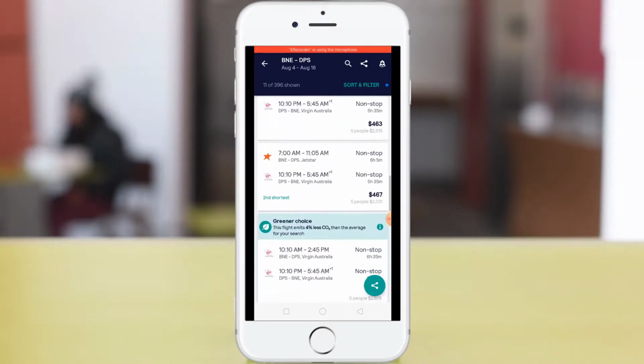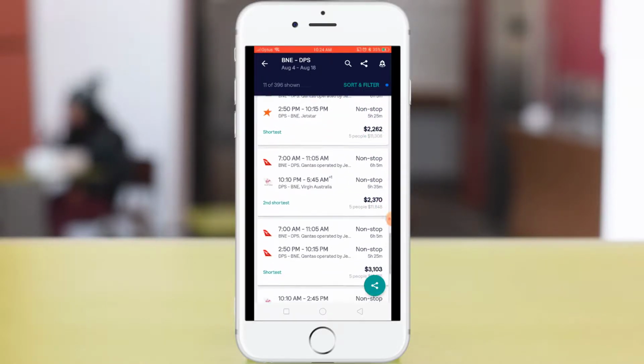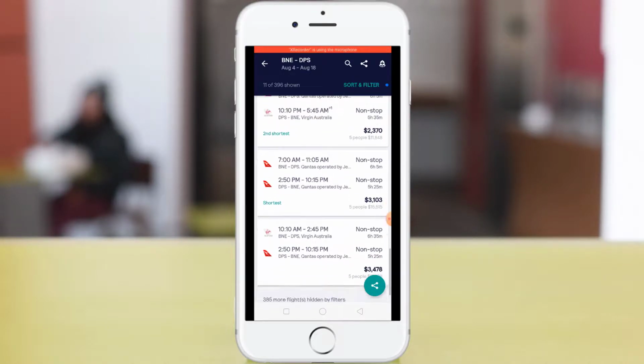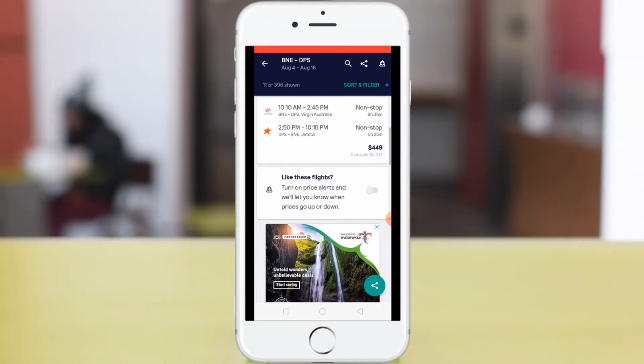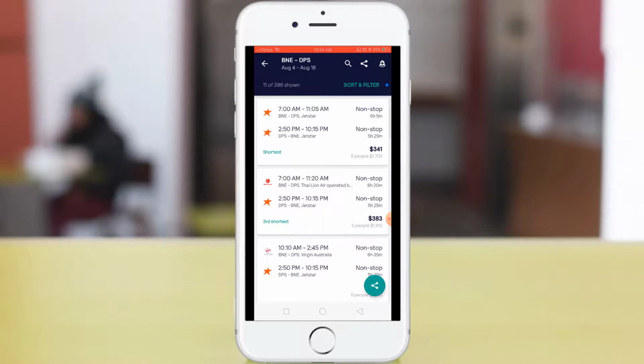Okay, so you just scroll through the different options, and it'll show you all your different options that you've got to choose from. Okay, so up the top is the cheapest. Now the amount highlighted in bold in black is the price per person. And just be mindful too that this may not include baggage and some extras as well. So once you go through the booking process, it'll tell you if there's any additional charges for baggage as well. Okay. So if we just click on the top one,